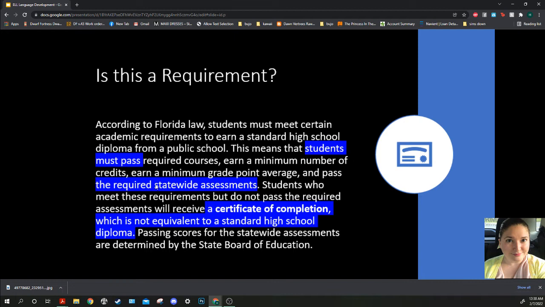What it means is ELL students not only have to compete with their fluent peers on a test in a language they do not fully comprehend, but they also need to pass said test with the minimum score to receive their high school diploma. Otherwise, they receive a fancy piece of paper that says you showed up, but you didn't earn what you needed. Basically, a participation trophy.